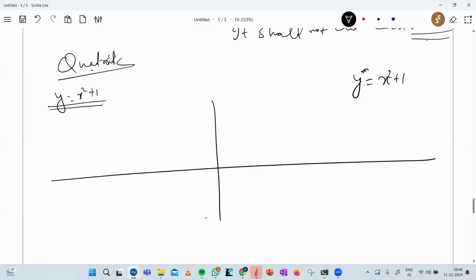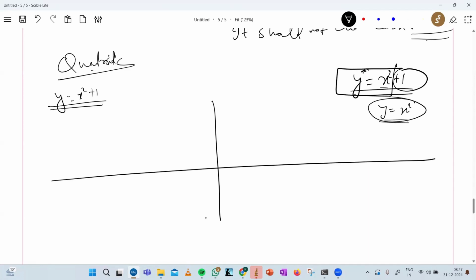Just go on with my thinking process. You can get the idea of how to make the graph of it. Don't make the graph of the entire one. Just first make the graph of this one. Getting my point? Why I am saying this, I will tell you later. So if you have to just draw the graph of y equal to x square,